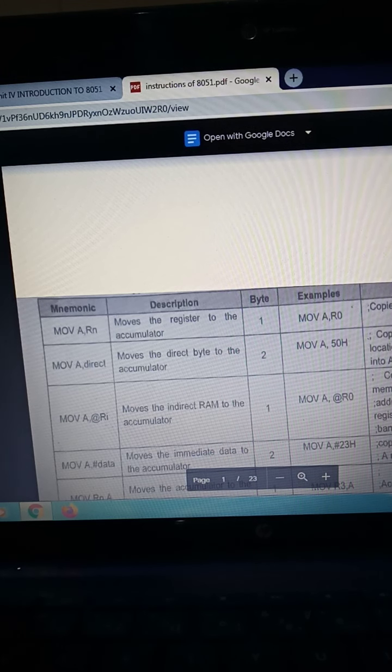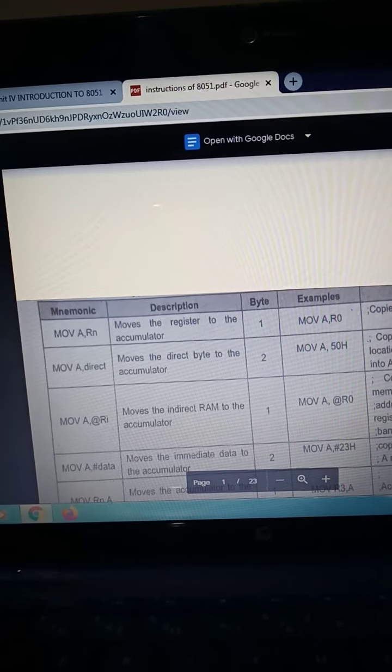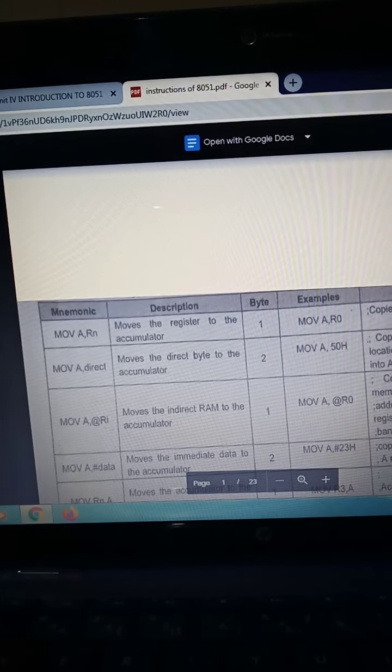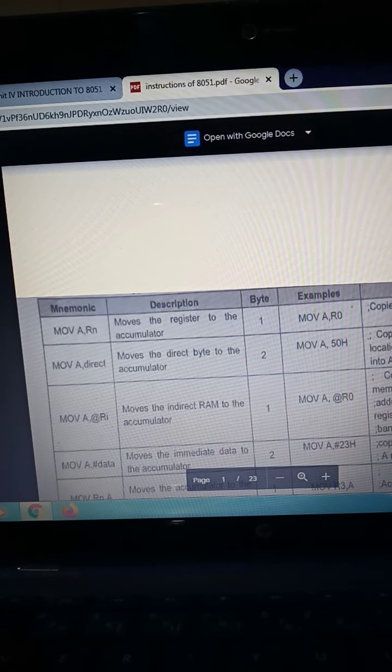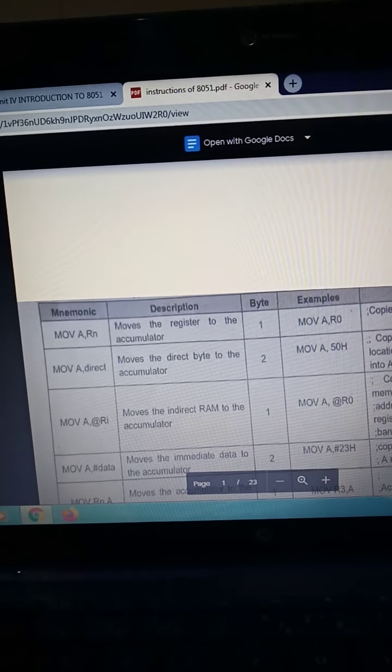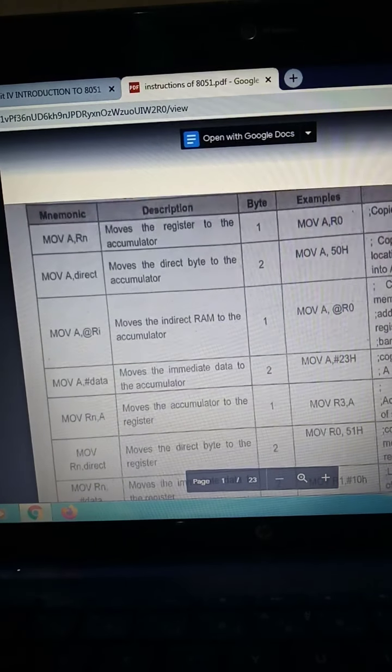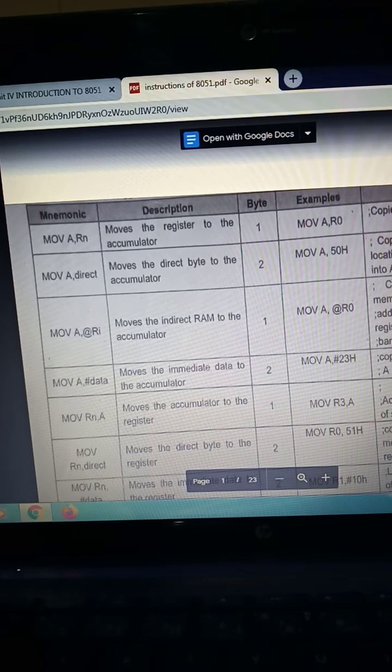Each instruction must be described in this format. First is the instruction format. Next, the description, how many bytes are used by the particular instruction, then an example of that instruction, and a one line description for that instruction. So these are the instructions. As we have already discussed the addressing modes referred to by the 8051 micro